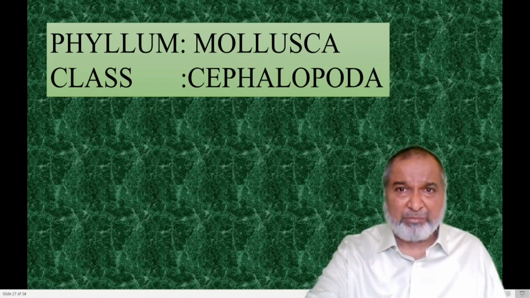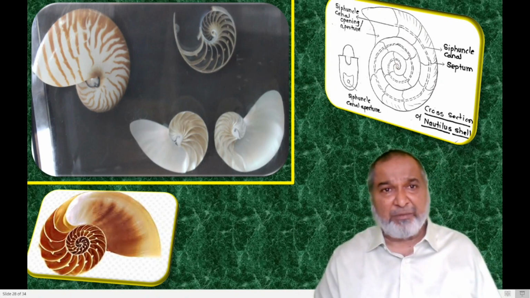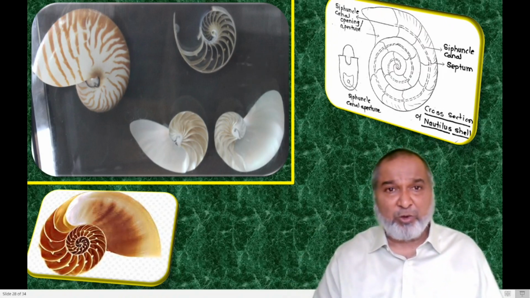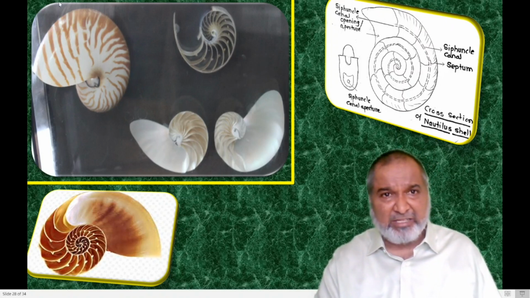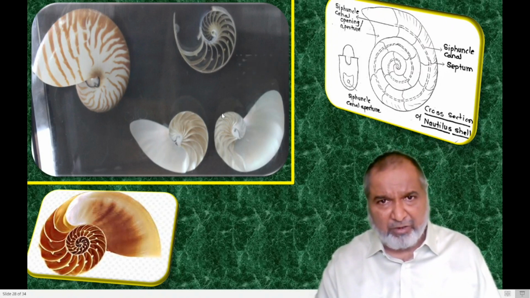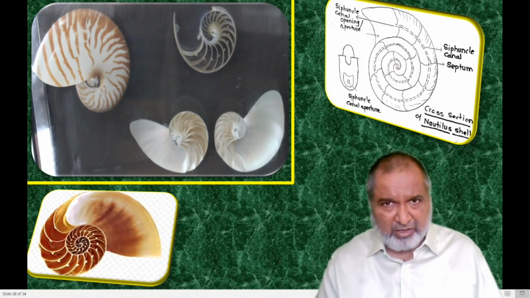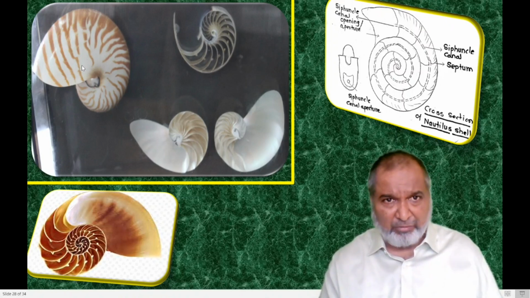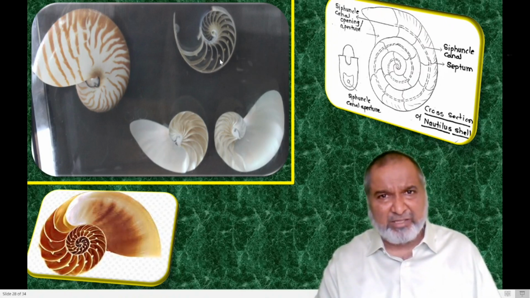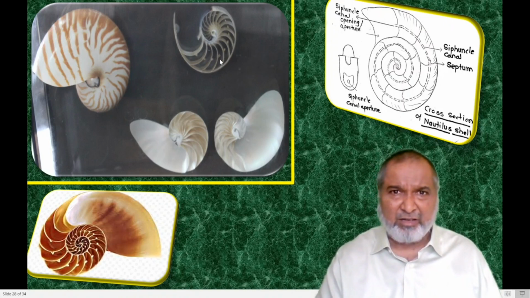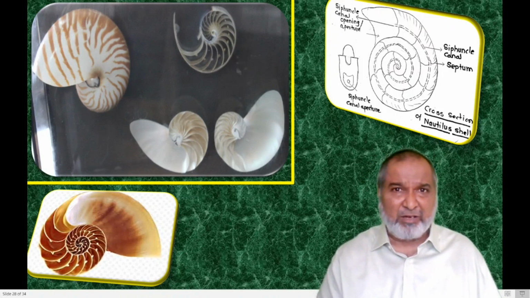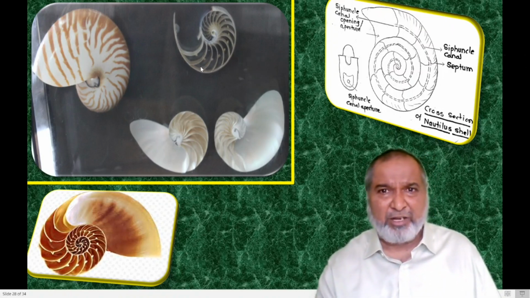Now, in the cephalopod, again, the shell is in the form of coiling. Here coiling has taken place instead of a single axis. Now here it is in the plane. The coiling has taken place in the plane, and this is the model we brought from one of the vendors, and he has prepared a very good glass model. He has given a full nautilus and cuttings of the nautilus. I think we brought it 6 or 7 years back, and he charged around 5,000. So this is very costly.